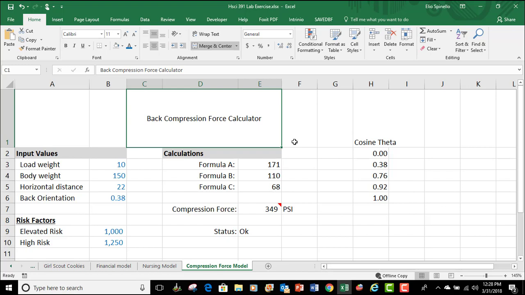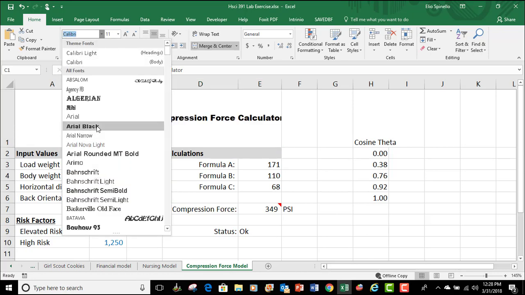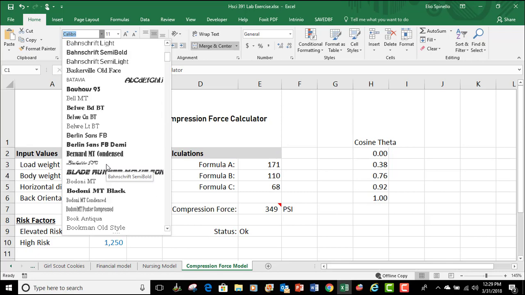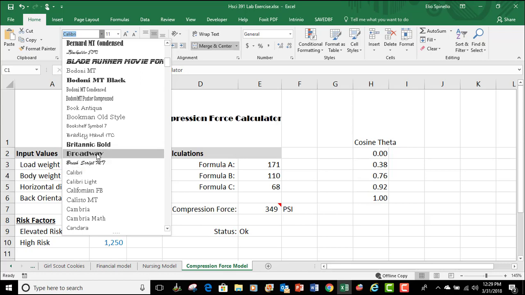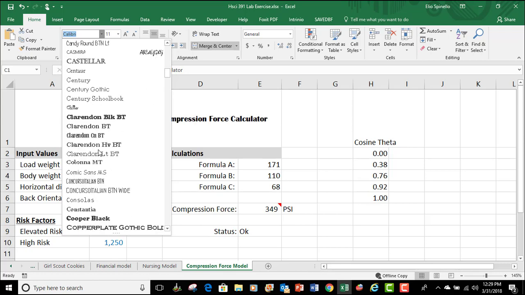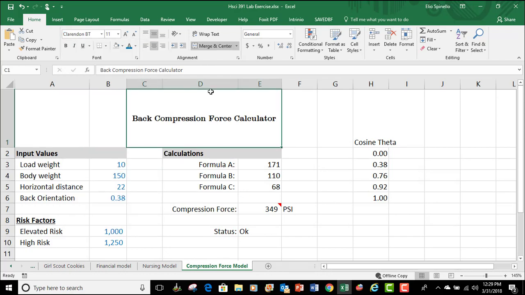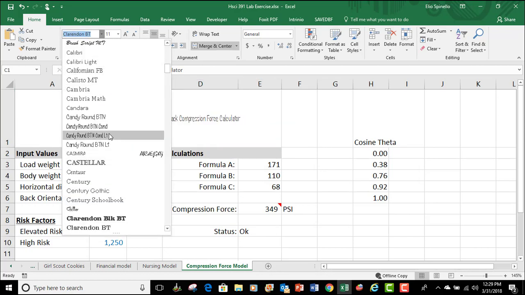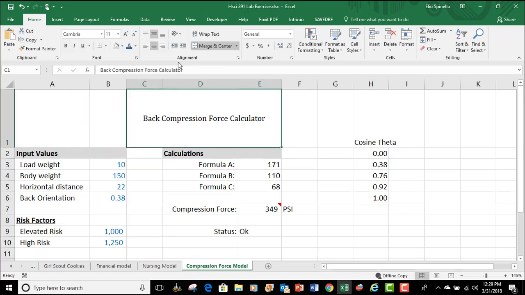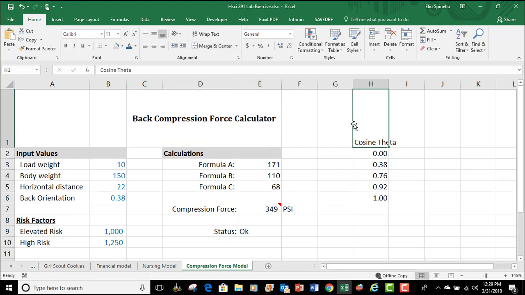Once we have it in the middle, we can go ahead and maybe give it a little bit nicer font. We can pick something kind of fun that may work for it. And this one is kind of your call, what you'd like to do with it. I'm going to pick one almost at random here. So I'll give you a minute to go ahead and pick one. And I'm going to increase the size on it, make it bold. And now we have a title over our